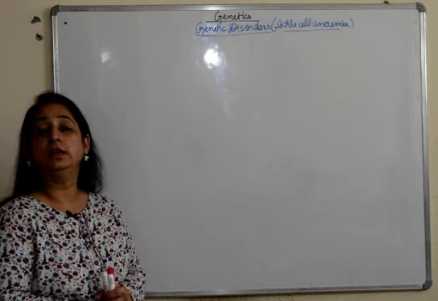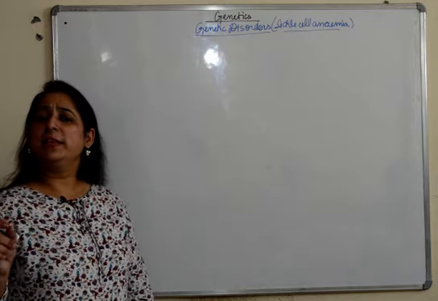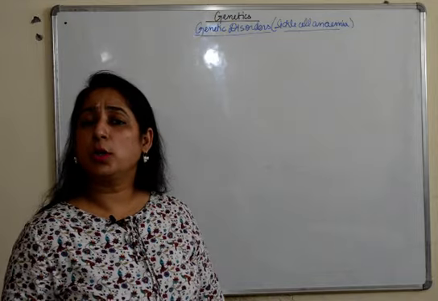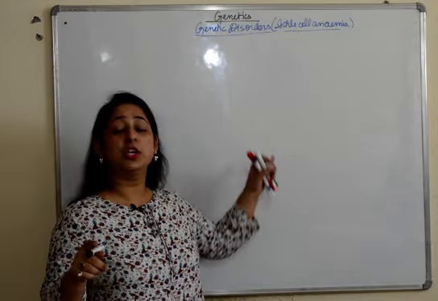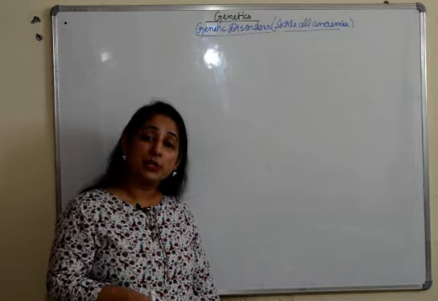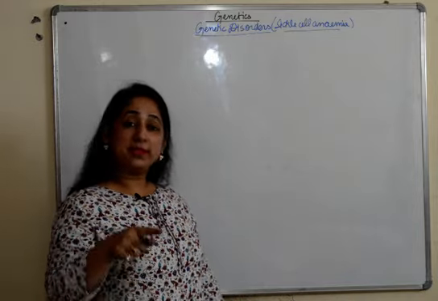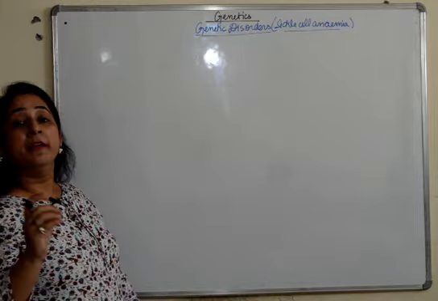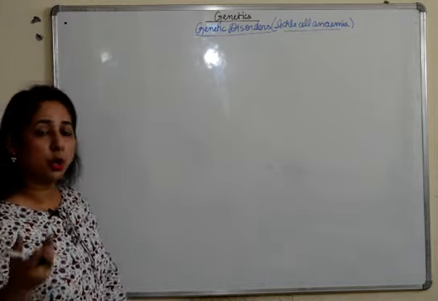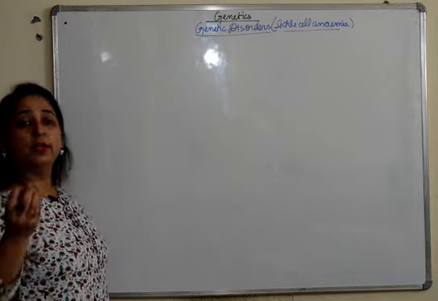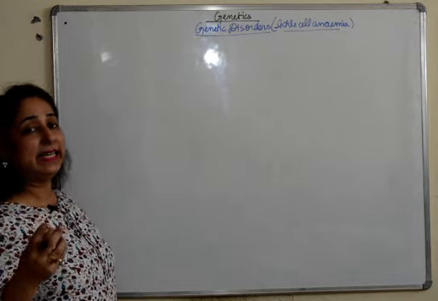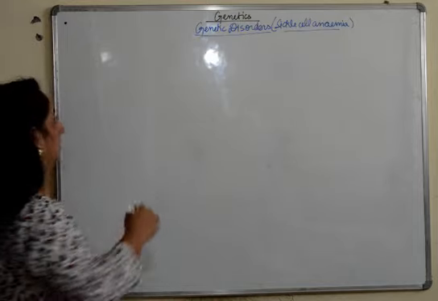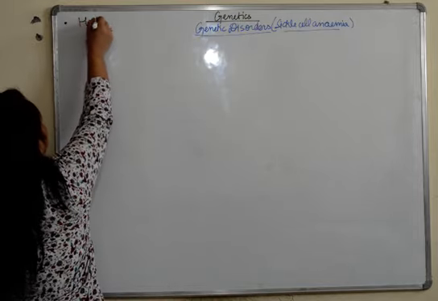Starting up with the topic. First of all, sickle cell anemia, we have discussed this disorder in pleiotropic genes also. We have discussed this change in point mutation or gene mutations also. The same thing. So it is a kind of repetition, but yes, we'll talk about it. First of all, who discovered it, or who gave details about sickle cell anemia? The scientist was Herrick. So Herrick was the person